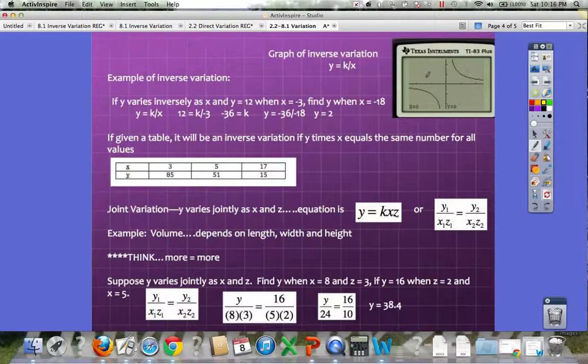Now, let me talk about the graph of the inverse function, okay? This is the graph of y is equal to 1 over x. That's what this one is right here. The inverse variation. And as you notice, as x approaches positive infinity, y is getting closer and closer and closer to 0. It will never cross the x-axis. Same over here. This one's coming up from this direction. Like I could draw the arrows right there